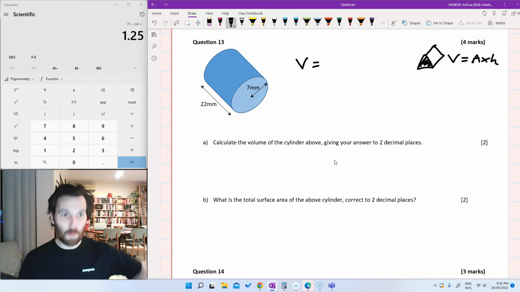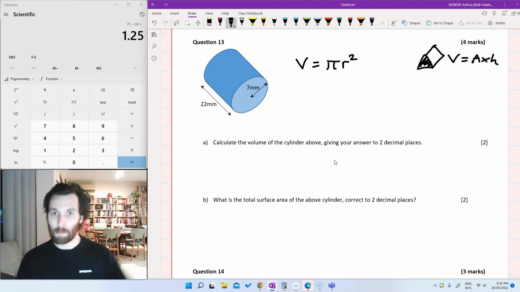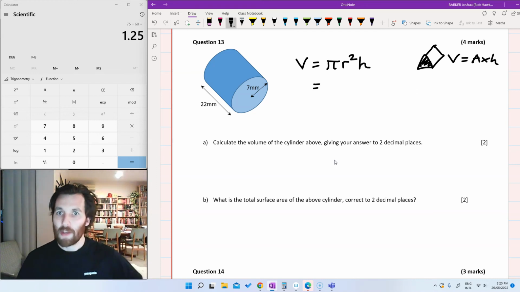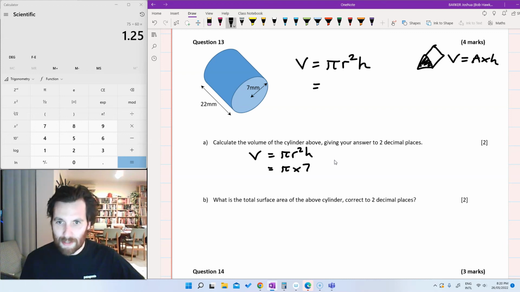For cylinders, it's really, really similar, but the area of the cross-section is given by pi times the radius squared, and we multiply that by the height of the shape. The height's not always literally how tall it is, by the way. It's just whatever direction that cross-section is going in. So for this, if I'm going volume, I'll start by writing my equation. Volume is pi r squared times the height, which for this shape, we're mercifully given the radius, pi times 7